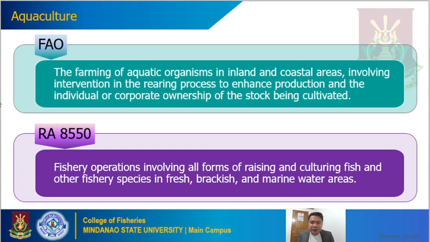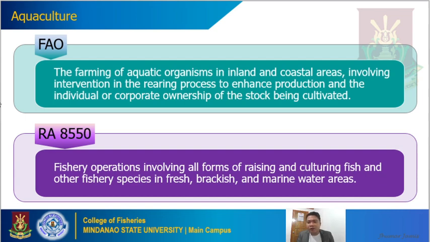So this is aquaculture according to the Food and Agriculture Organization, which involves the intervention of the rearing process. So rearing process meaning to say from the different stages of aquaculture stocks, in order for us to enhance the production, may it be either the production is owned by an individual or owned by a corporate, or there is a cooperative